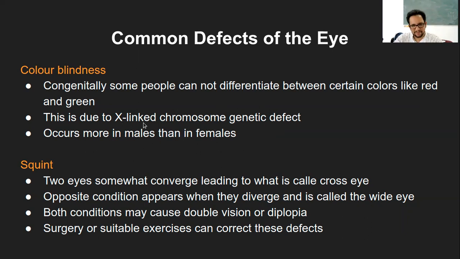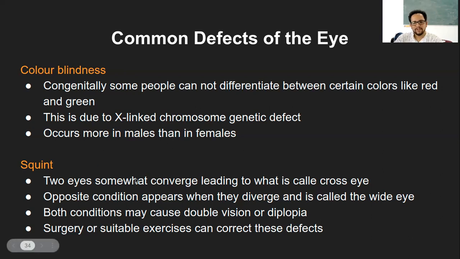So it is X-linked for sure, and it occurs more in males because when the parents are fertilizing the zygote, obviously the X chromosome that comes to the male is from the female, right? And males have only one set of X chromosome. That is why it affects males more than females. That's the obvious logic there.